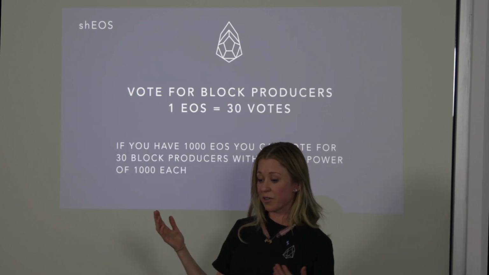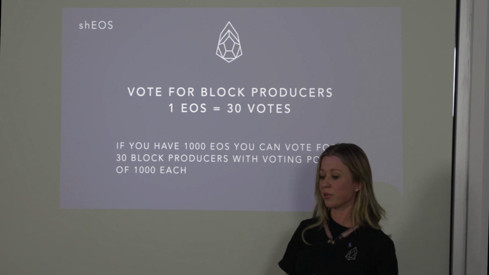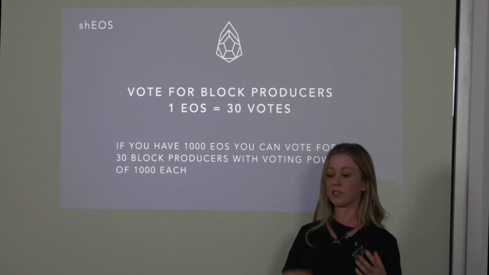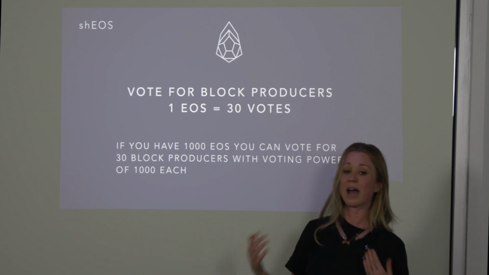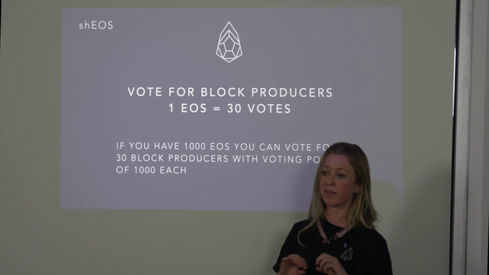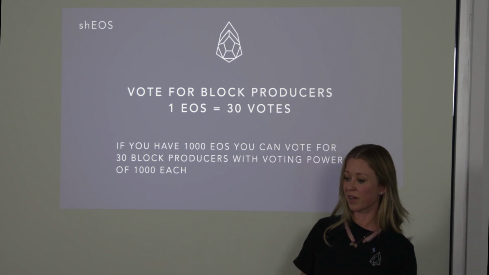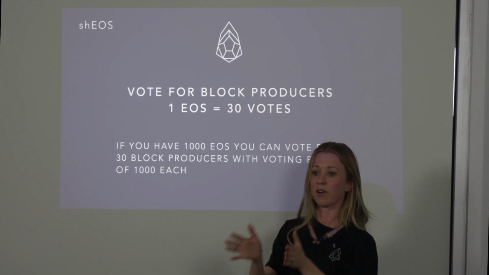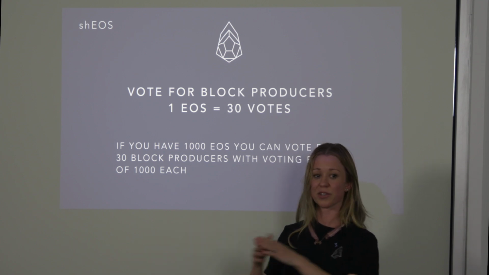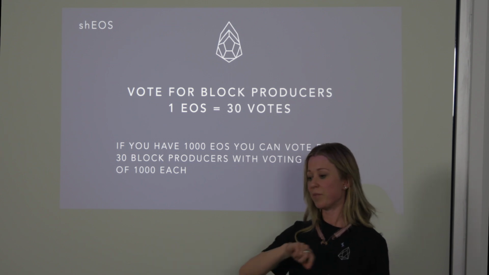So each EOS is worth 30 votes, each token, and that's how you vote for your block producers. So if you had 1,000 EOS, you can vote for 30 block producers, each with the power of 1,000. It's not that you have to separate them into different wallets. They're trying to minimize the power that whales have in the overall voting. You cannot give all 30 to one candidate, so you have to pick 30, which is great because you should really think about the